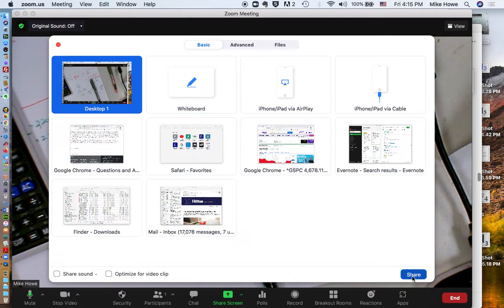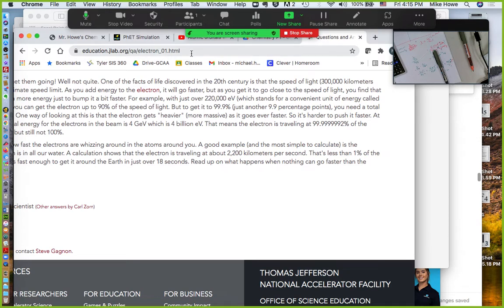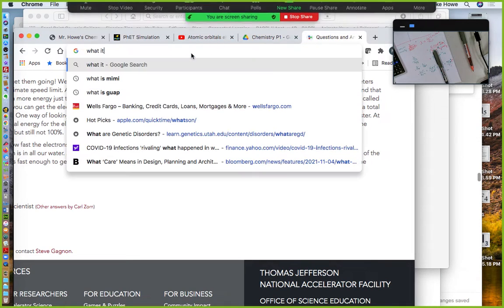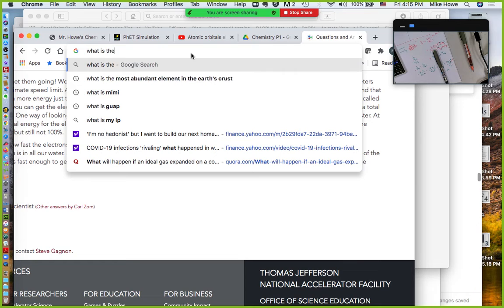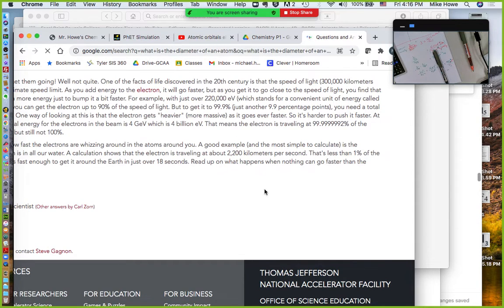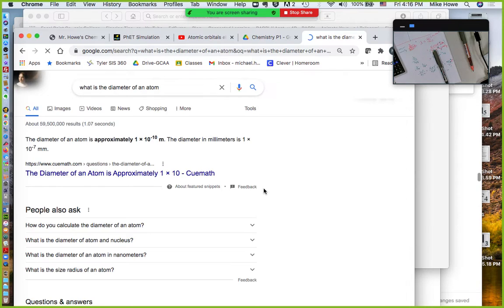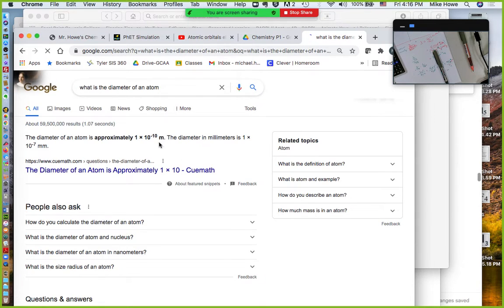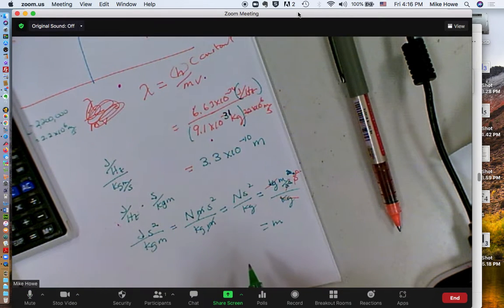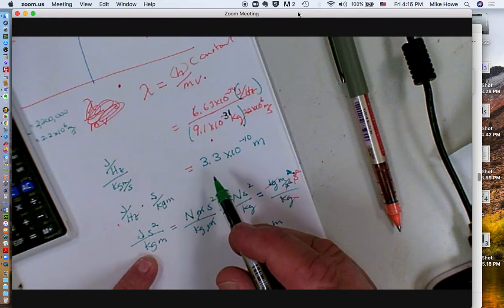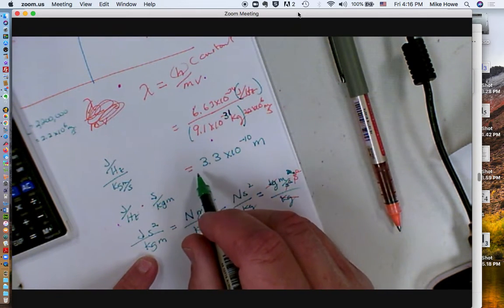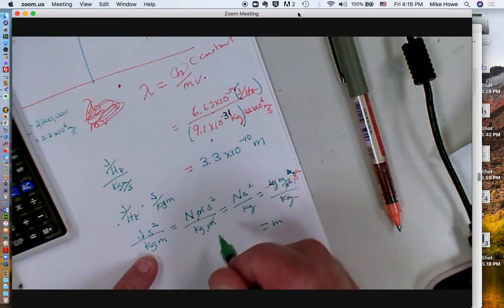And if we go check out the diameter of a hydrogen atom, we could say, what is the diameter of an atom? And let's see what we come up with. What is the diameter of an atom? Come up with a slow response, about 1 times 10 to the negative 10th. Now if you go back to what I just wrote down, it was 3 times 10 to the negative 10th. So the wavelength is in the same ballpark as the diameter of the atom, and that's how we closed class the other day,